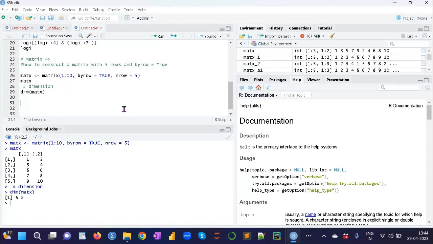Now I want the same thing. I am using the false. That time I had taken the true value, by row is true. Now I want to take it as false. Okay, so